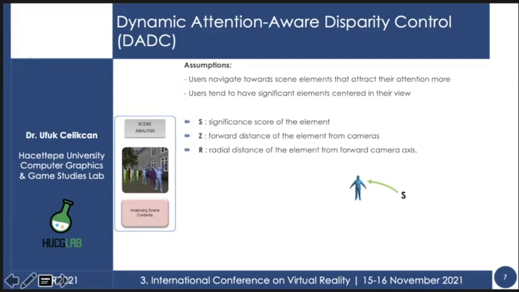First, the significance score of the element, which we assume is assigned by the content creator. Then the forward distance of that element from the cameras, and the radial distance of that element from forward camera axis.